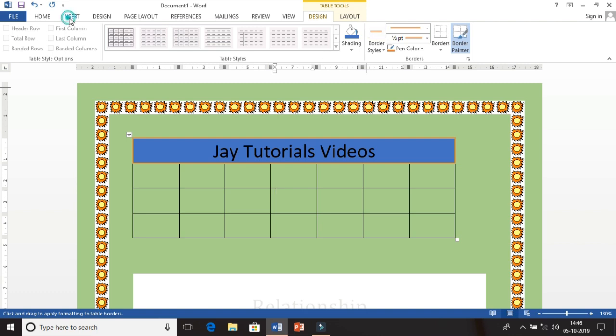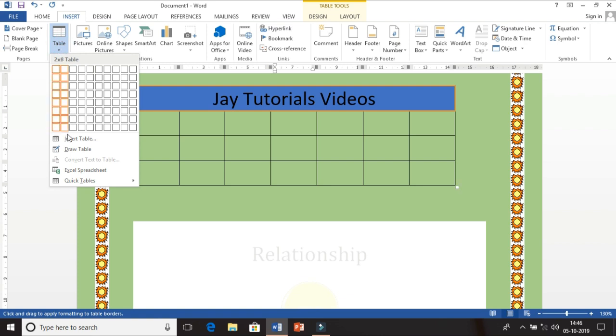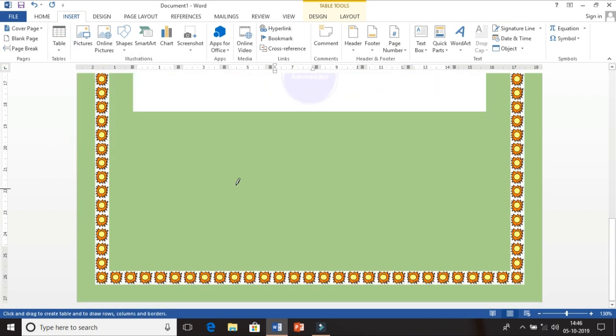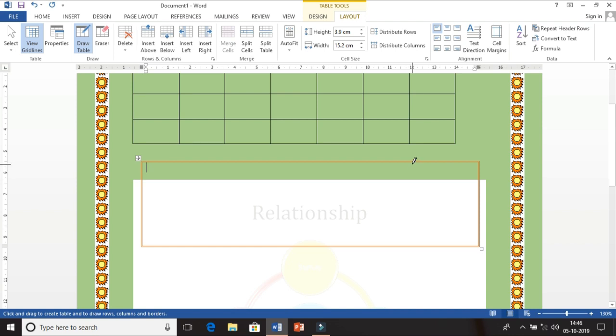Fine. You can also create a table according to your wish by using this pencil, this draw table option. The importance of this is what? You can draw the table rows and columns according to your wish. Suppose in this way, I want only one row here in this block.